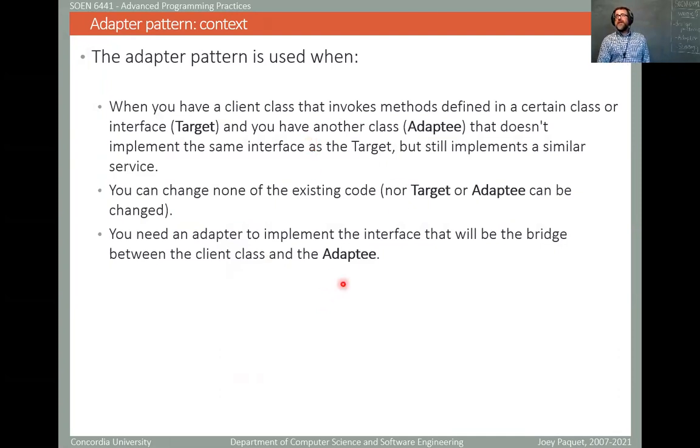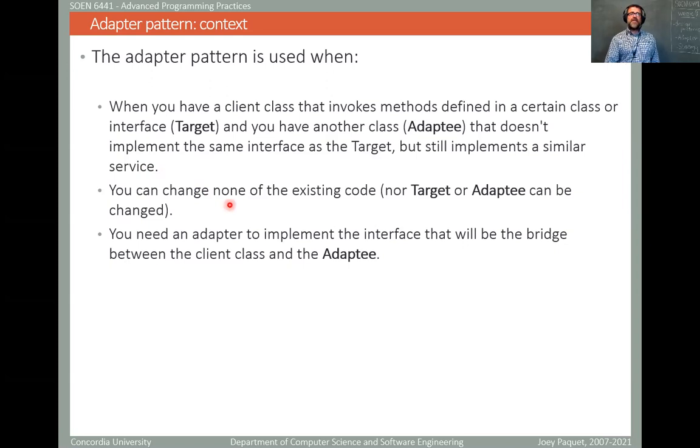So essentially, those are the conditions I was just explaining. You use the adapter pattern when you have a client class that invokes a method defined in a certain class or interface. So that's the target. And you have another class, the adaptee, that doesn't implement the same interface as the target, but still implements the same service. So in our case, we're going to have two separate, unrelated classes that are going to be reading from a file, two different file types,